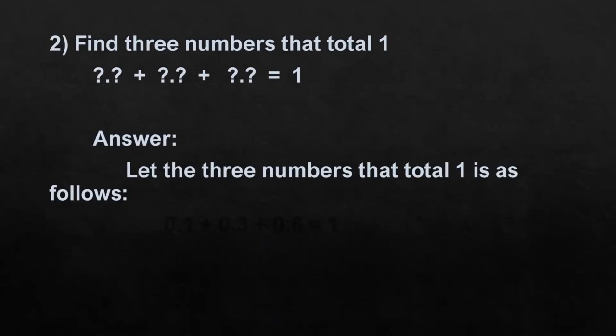You can find the answer in a variety of ways that you already know, right? Because in the online class itself, you all said different answers and you wrote your own answers in your notebook. So this is my answer. You can find your own answers. I put it this way: 0.1 plus 0.3 plus 0.6, which gives you a total of 1. Again, there exist different answers for this question. You can write your own answers. The only thing is it should be 3 decimal numbers and they should give a total of 1. So that's about the second question.